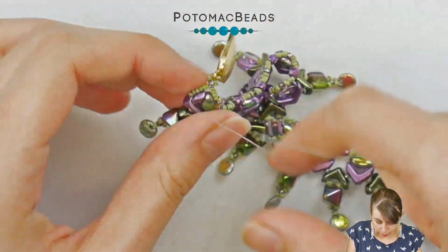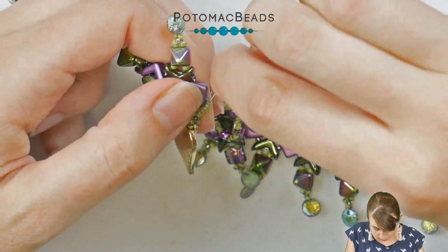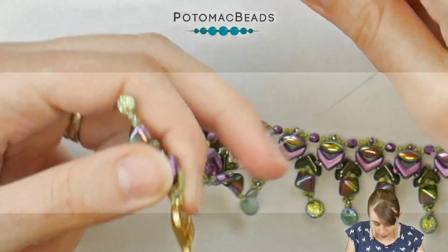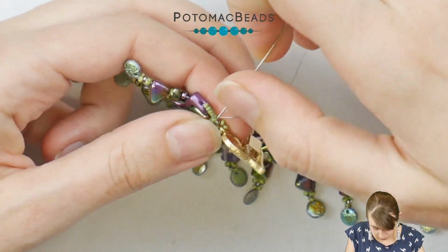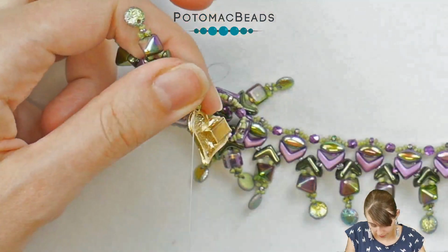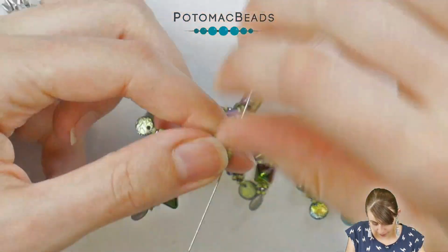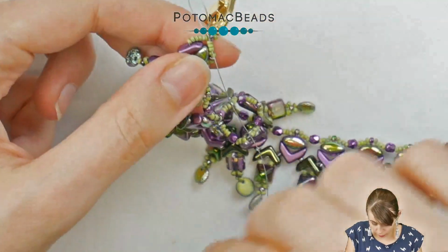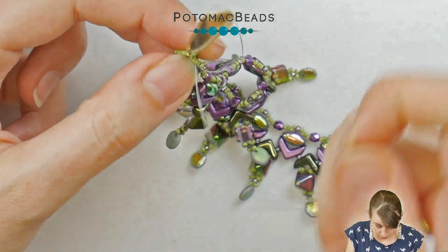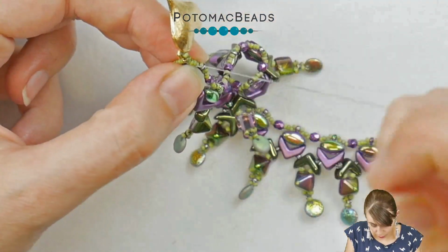And I will do something similar with the second one. I already have a needle on the second tail, so it was pointing down from the EVA, so I will go through the beads, through the 15-0s here, the 6 15-0s, and I just need to knot it off again, but what I will do is also go through the 3 15-0s here. It will just strengthen a bit once again, and there I think I can comfortably create a loop, go through the loop again,